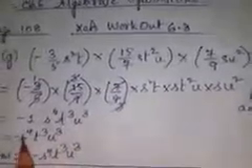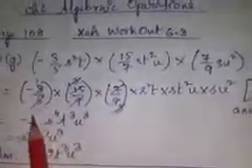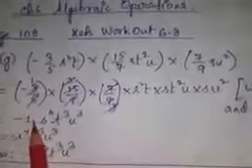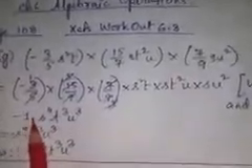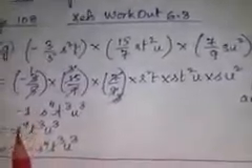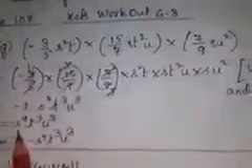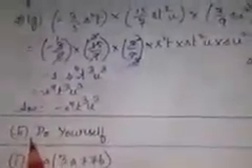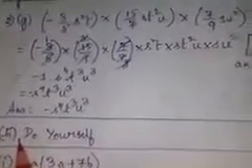So our final answer is this minus 1, means 1 can be removed because writing 1 or not writing means the same. So the final answer is minus s to the power of 4 t cube u cube. In the same way you are going to do part H of sum number 2.